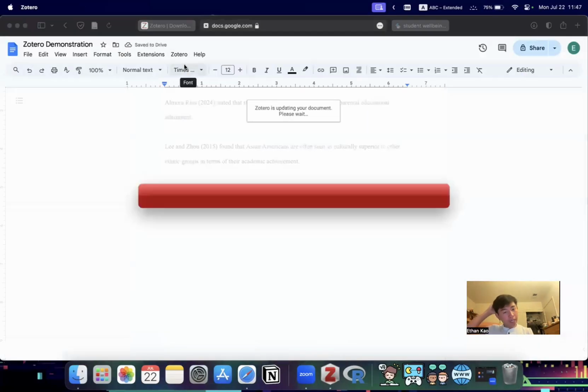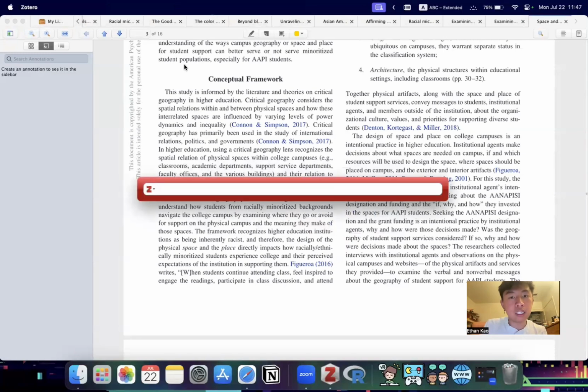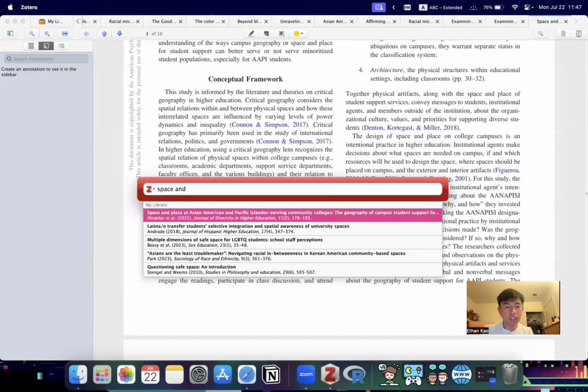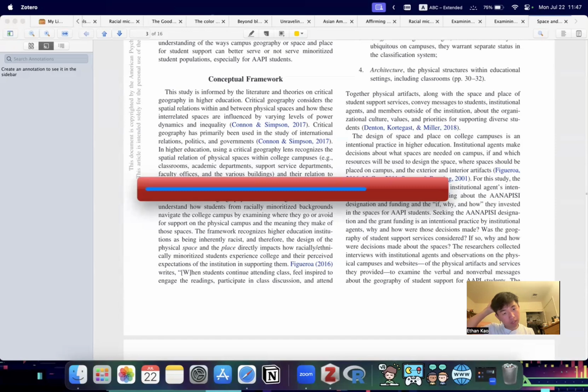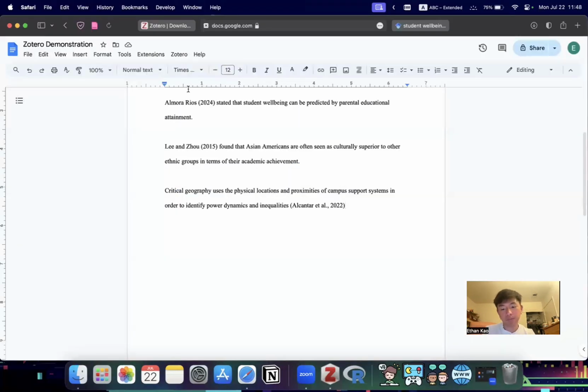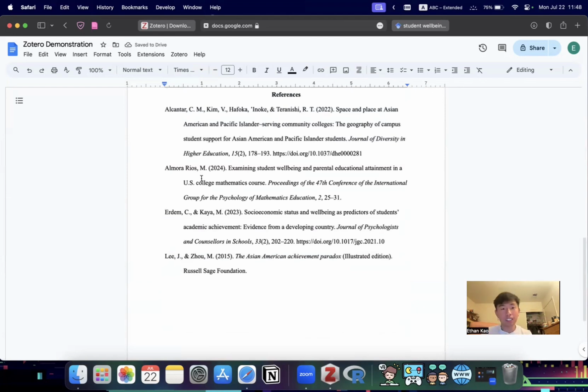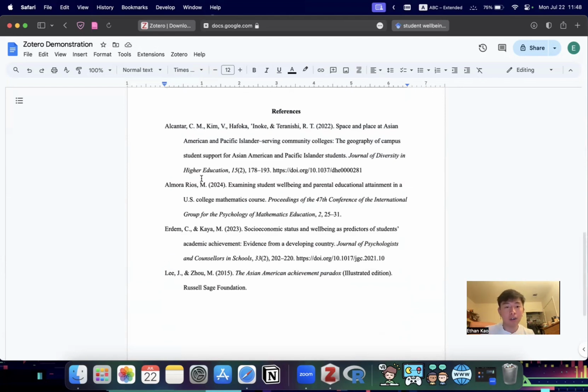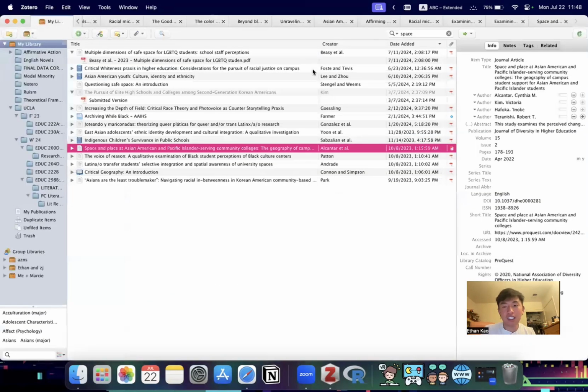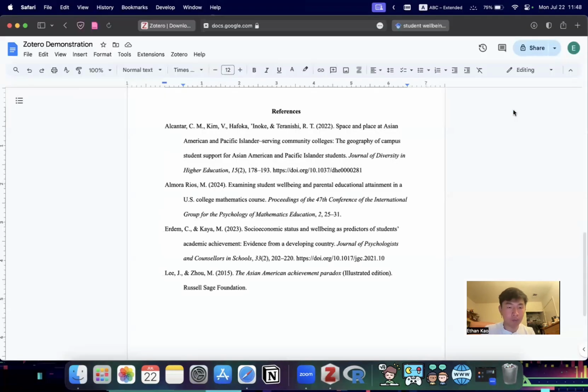I'm going to click Zotero, add edit citation, and there we go. Now, this is an interesting problem because Inoke's first name starts with an apostrophe. So Zotero doesn't really know what to do with it. As you can see, it's formatted the exact same way as the other names, but Inoke's name happens to start with an apostrophe. In edge cases like these, you can just